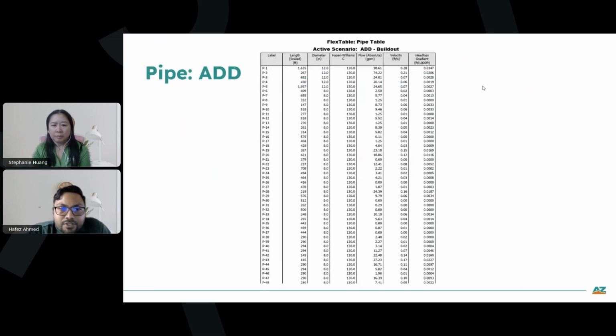So this table is generated for the pipe network for the same average daily demand conditions. In addition to pressure, we'd like to see the velocity distribution in different pipes. Industry practice is not to exceed water velocity of 10 feet per second. The reason is if it exceeds 10 feet per second, the system might fail. That's why we recommend installing some pressure reducing valve or pressure relieving valve at the section of concern that exceeds the velocity of 10 feet per second. Next slide, please.